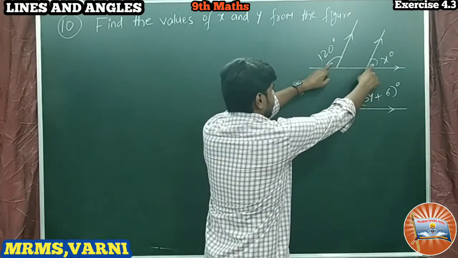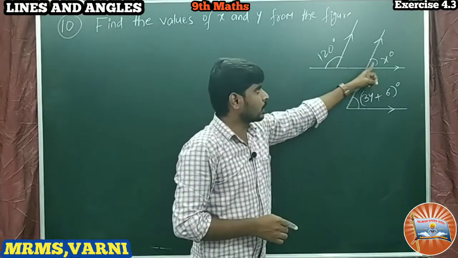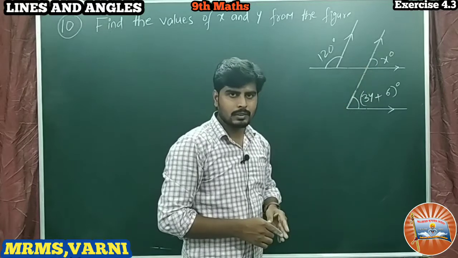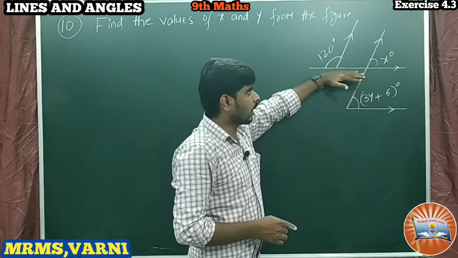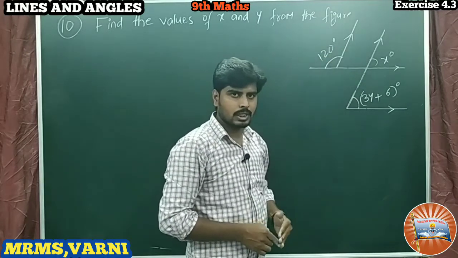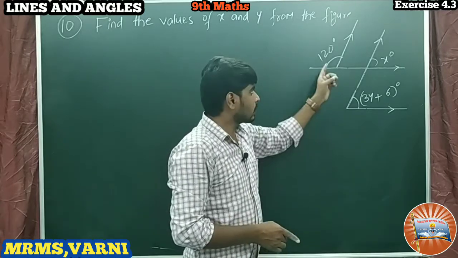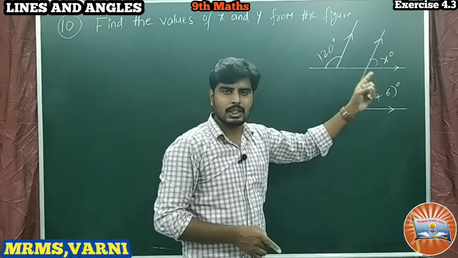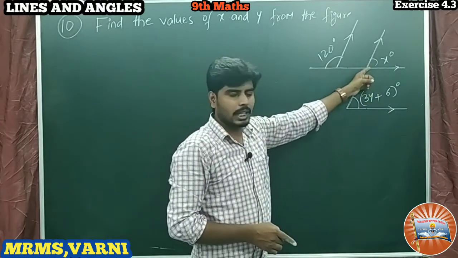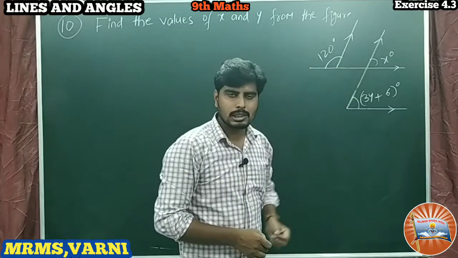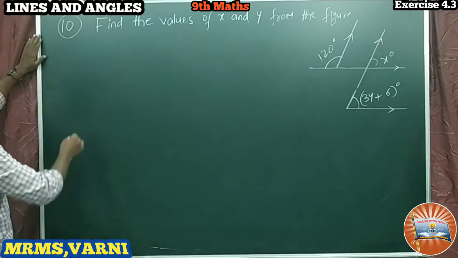These two angles are exterior angles. In particular, they are consecutive exterior angles, isn't it? Consecutive exterior angles, that means they are lying on one side of the transversal and they are exterior angles. We call them consecutive exterior angles. The sum of the two consecutive exterior angles is equal to 180 degrees. Nothing but consecutive exterior angles in parallel lines are supplementary. Did you get that? Right? I'm writing here.